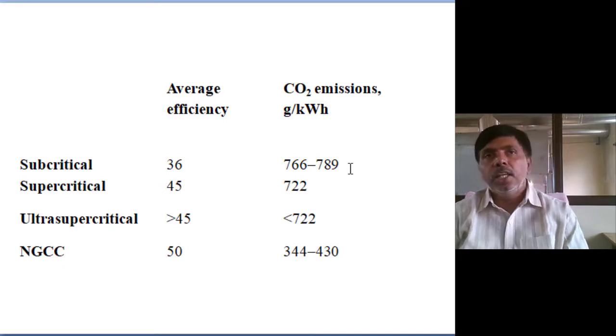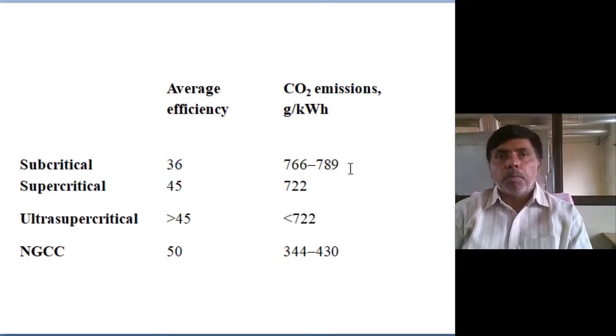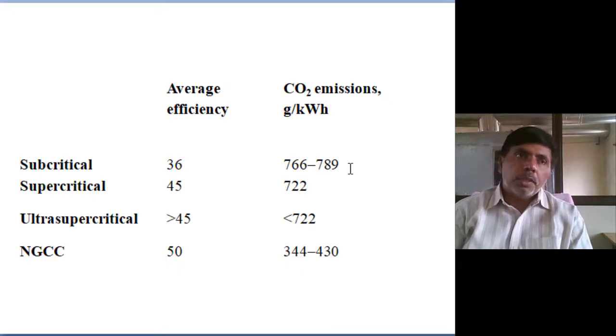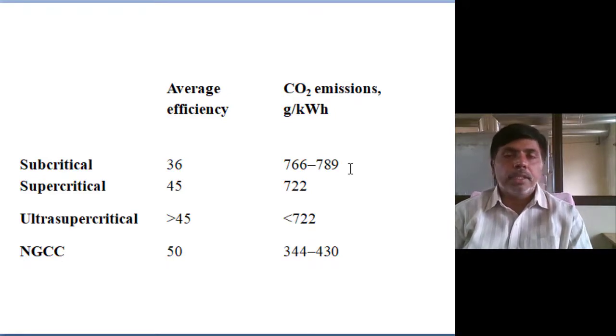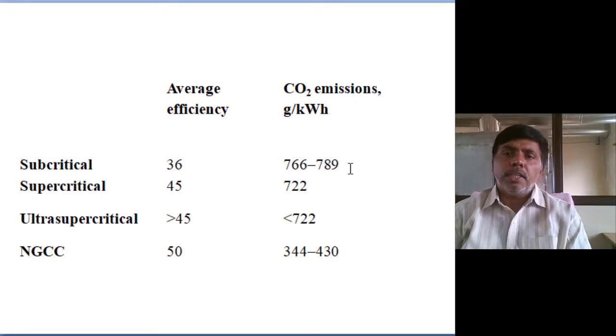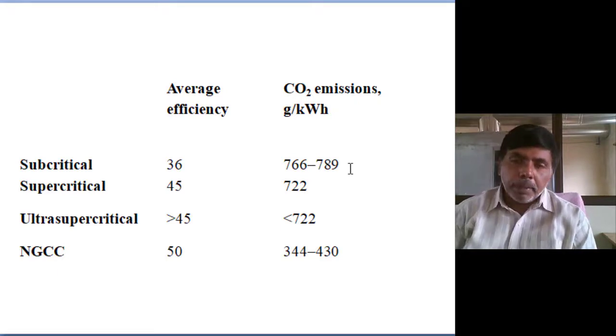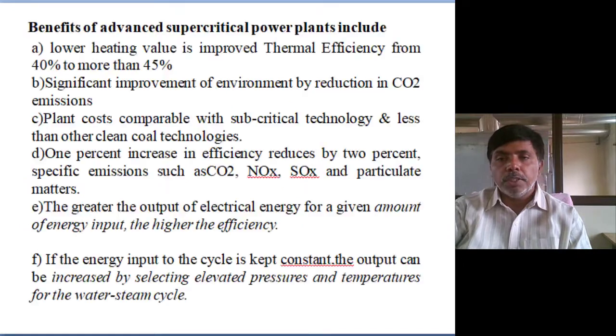That's why you can see the majority of the developed countries are running combined cycle thermal power plants. Instead of supercritical or ultra supercritical, okay, they will run those, but they are not interested in subcritical. Supercritical or ultra supercritical, or if natural gas is available, then the combined cycle thermal power plant is giving the best efficiencies and less CO2 emissions. These are the main advantages.